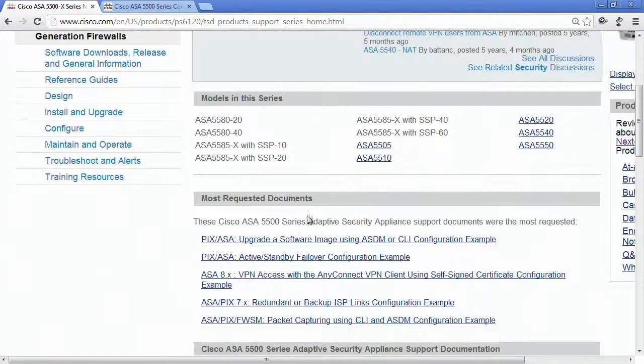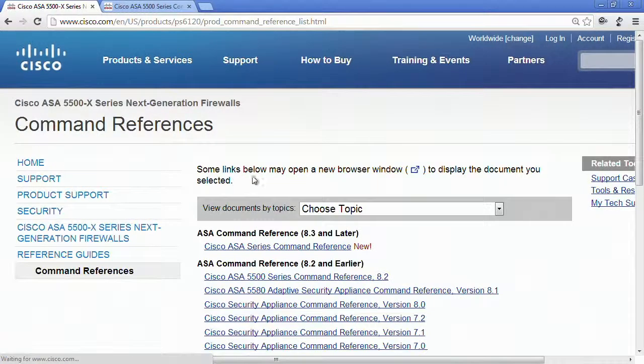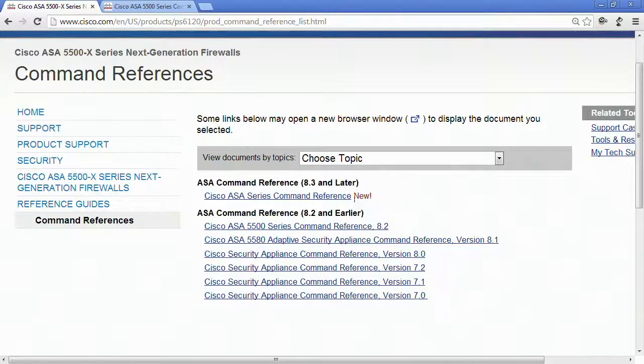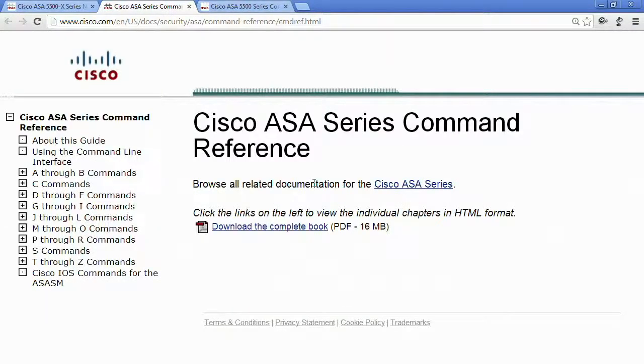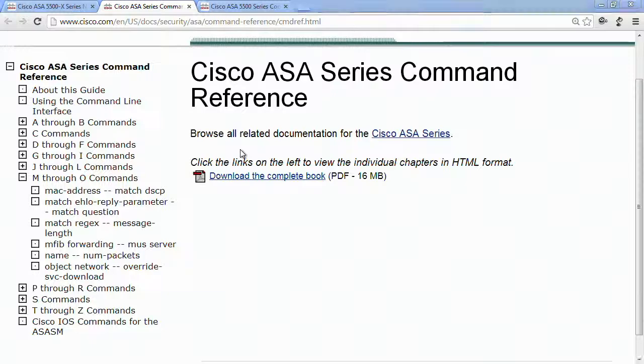the ASA documentation, let's go to reference guides and the command reference. Let's say command reference for 8.3 and later. You can see here these are all listed alphabetically. It's not per topic. So there's not something that simply says, you know, this is the OSPF command reference, this is the EIGRP command reference, etc. But if we look at,